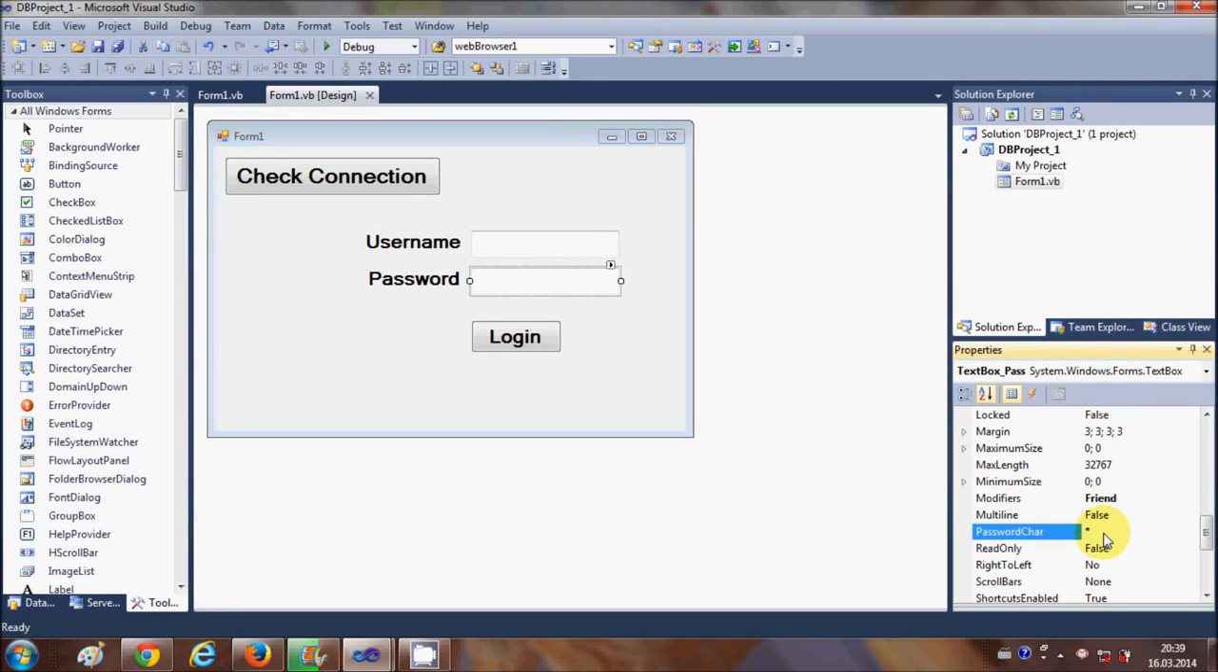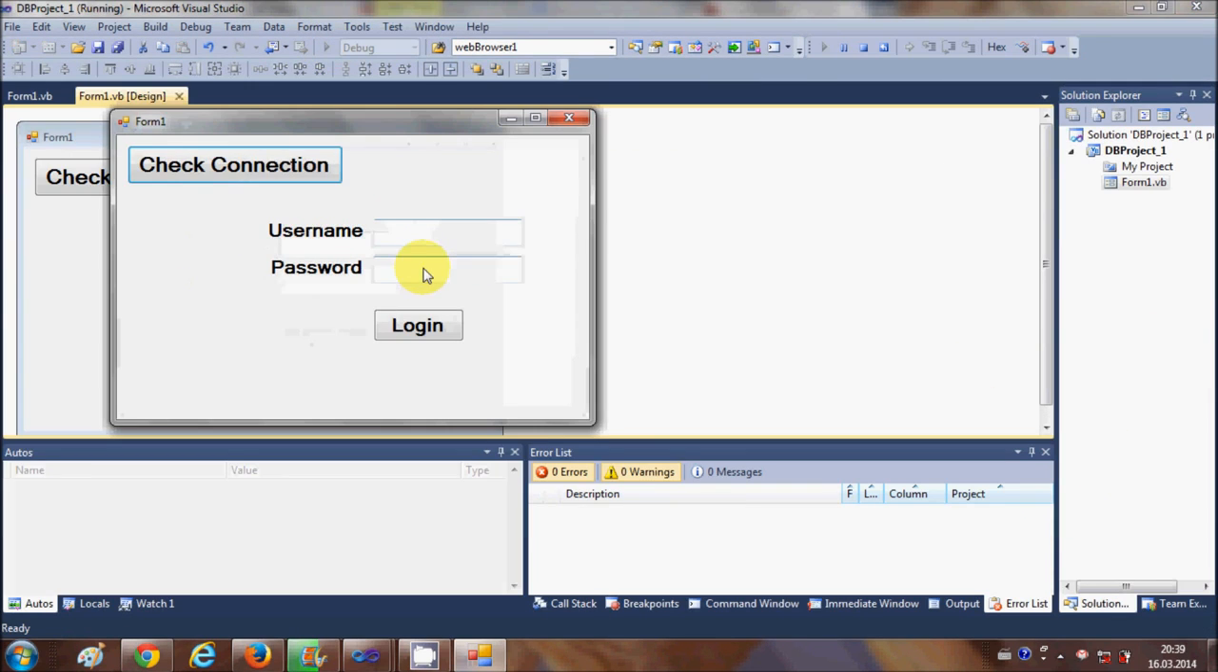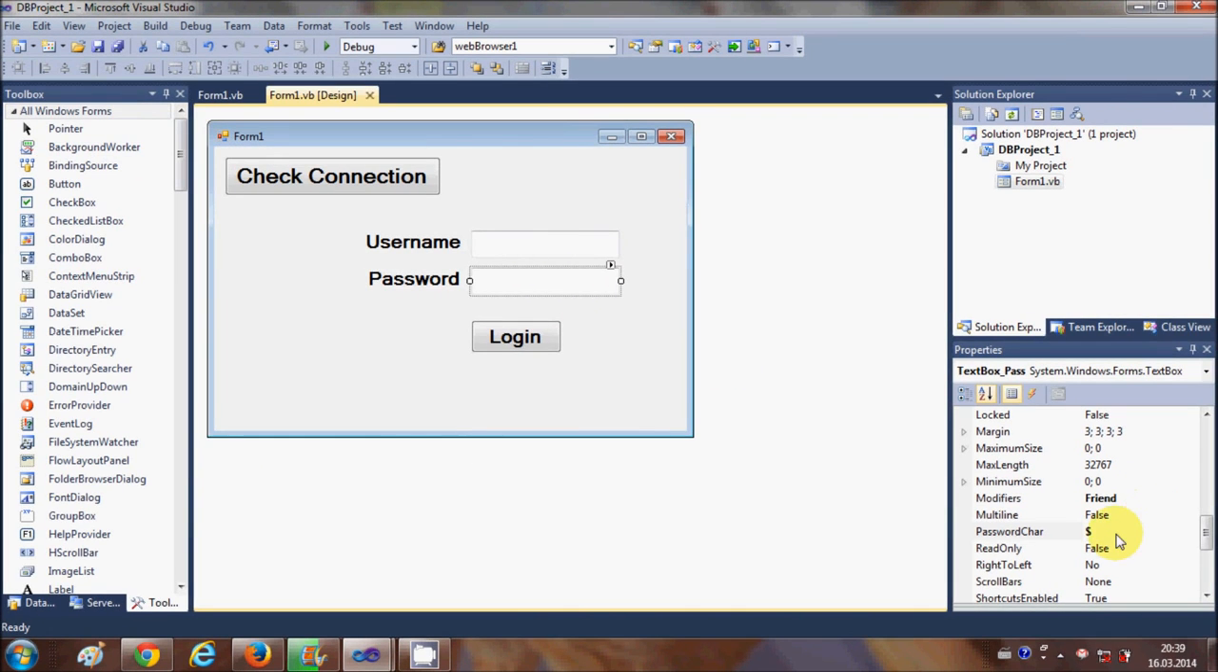And you can also change this character. Instead of asterisk, you can use this dollar, and once again when I run the program and enter any password, it will show this dollar symbol. So it's up to you what character you want to show in your PasswordChar. Okay, and it will protect your password from other